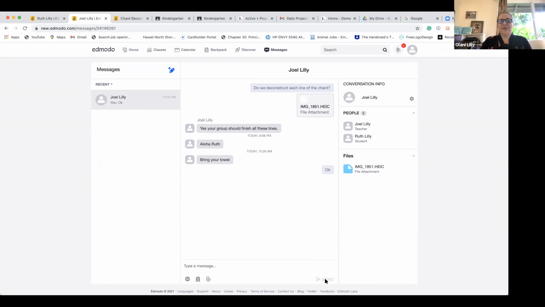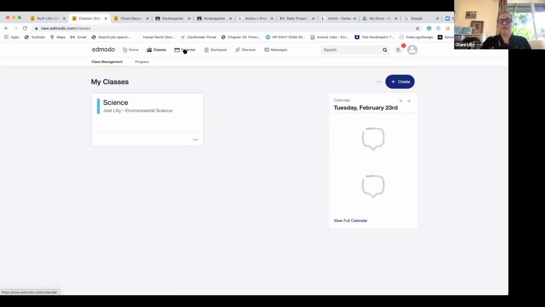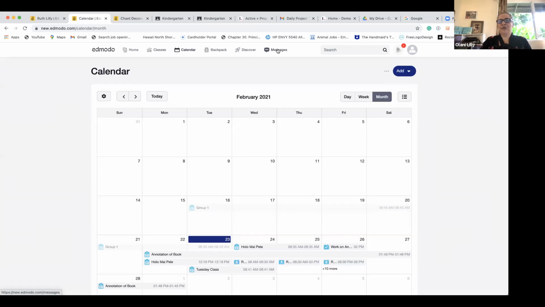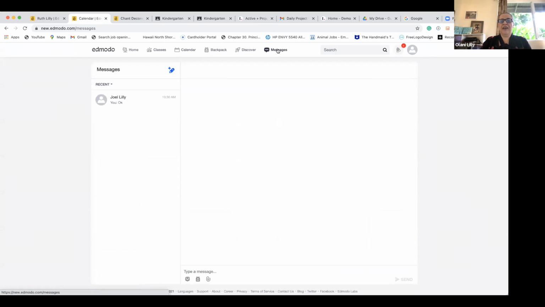Okay, so that is how you manage documents, collaborate off of documents shared by your teacher and with a team, create a shared calendar, and also communicate via Edmodo. Again, in order to facilitate collaboration. Let's move